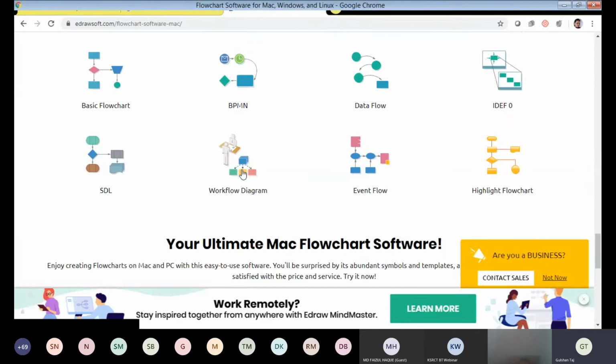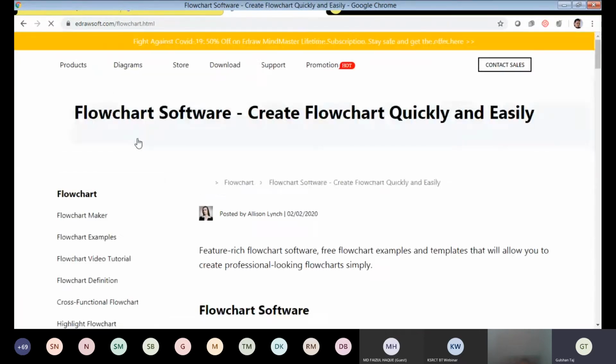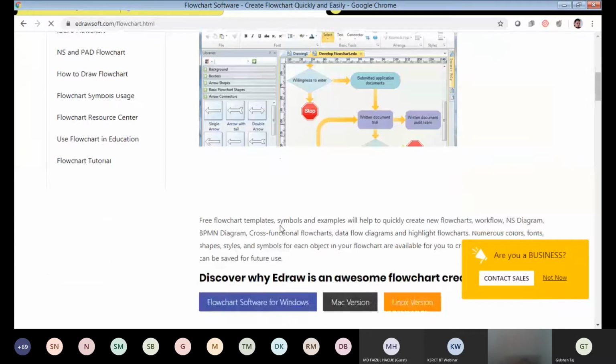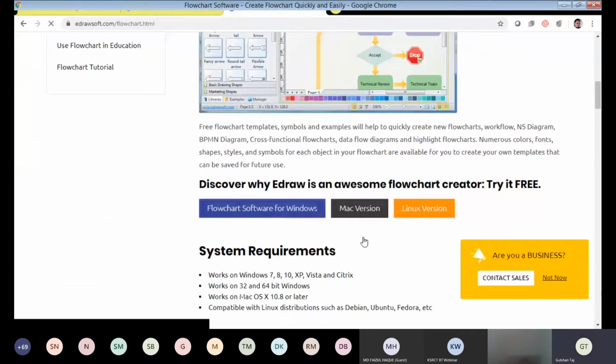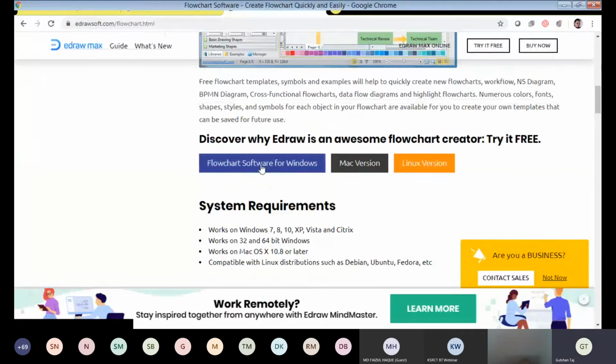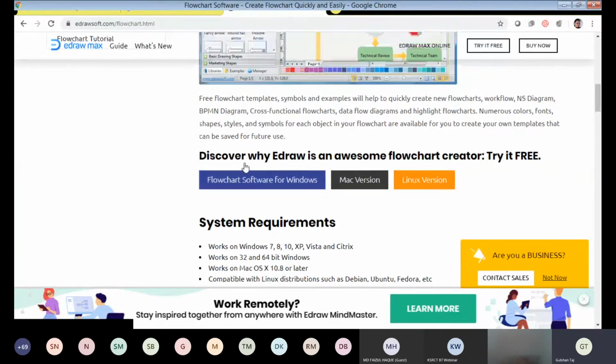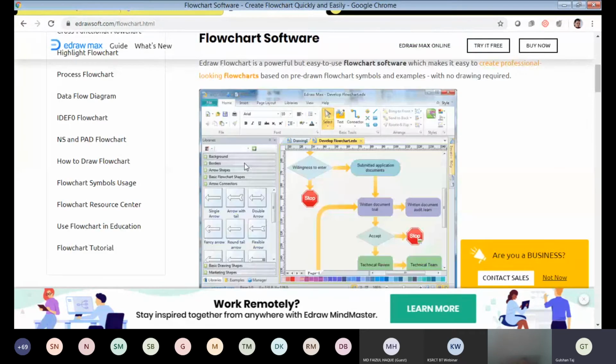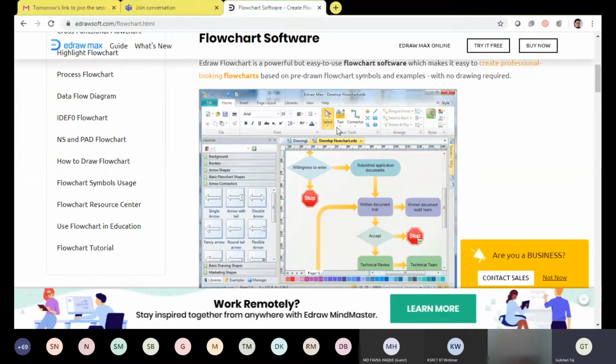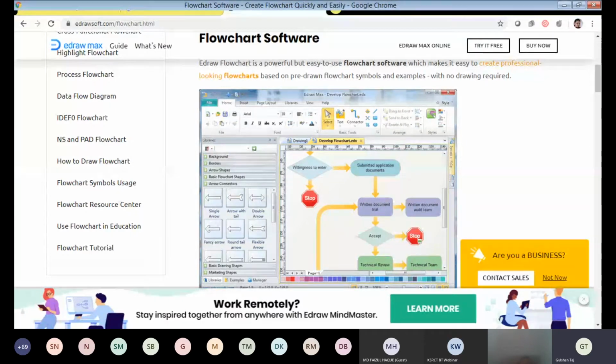Then the workflow diagram, everything. Suppose I am clicking the basic workflow chart. This is the page that comes up, and you have separate download options for Windows, Mac and Linux versions. Based on your operating system, you can download any version. After this class, just go to this and download it yourself. Your diagram looks like this. You have all the editing options like Word, you can do text work, anything. This is with eDraw.